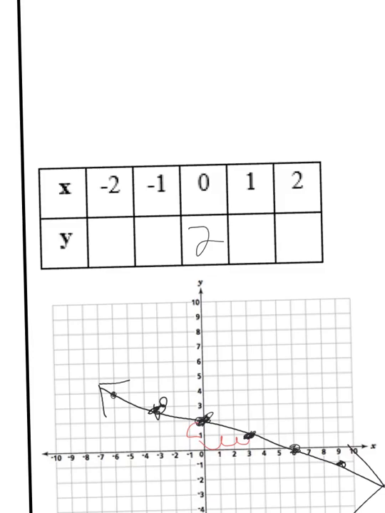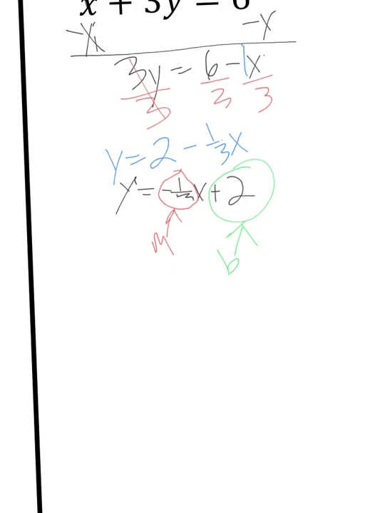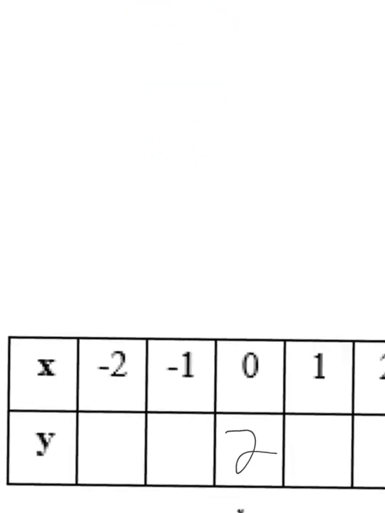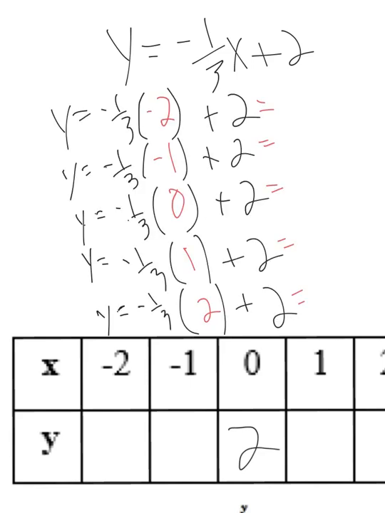Let's calculate these other values here by hand. So here was our equation, y equals negative 1/3 x plus 2. So I'm just going to plug in my values for x. I'm going to rewrite the equation up here, y equals negative 1/3 x plus 2, just so I don't have to keep scrolling up. And then let's set these up so that everything x is plugged in. Okay, so here I have everything set up. I rewrote the equation, and if you look at the red numbers, negative 2, negative 1, 0, 1, 2, those are all my x values. So I'm plugging in the x value,